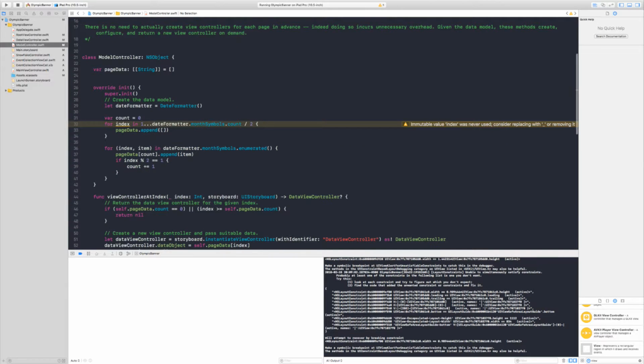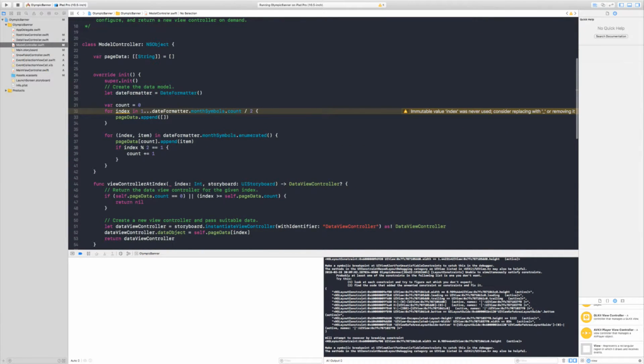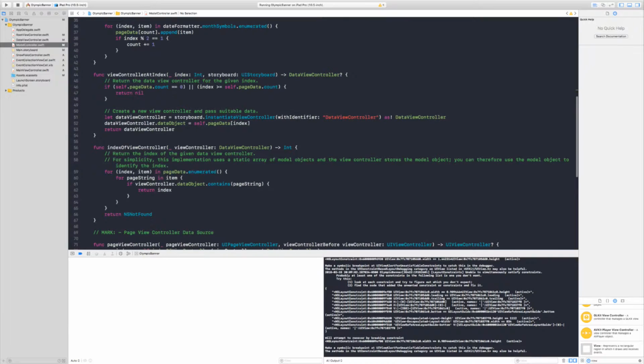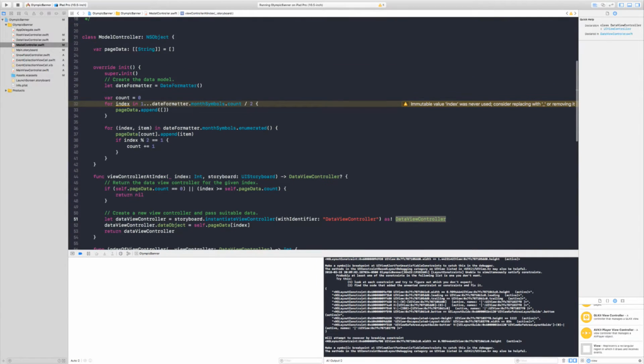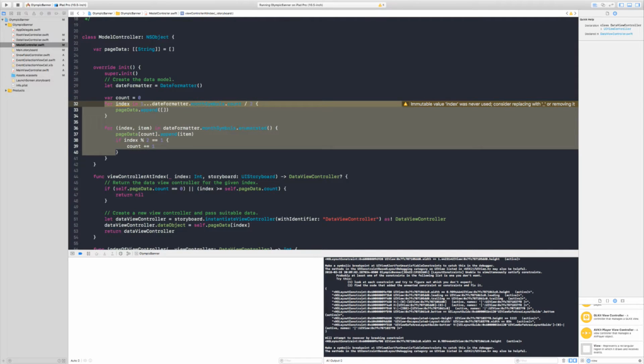So in my model controller, I may have to be able to calculate, okay, what is the size of my data view controller collection view? And then probably what I would need to do is pull all this code out